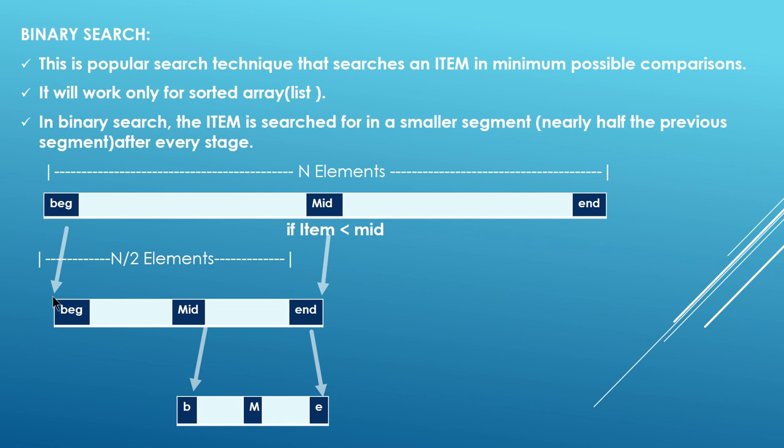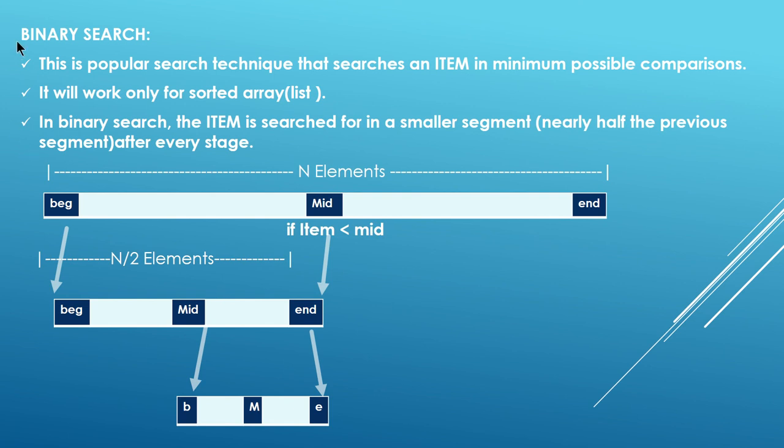So here again I will be calculating the mid element, again I will be checking the value that I am looking for with the mid element, and then if it is present in this particular half, then I will be changing the beginning. Now the new beginning is mid plus 1, that is after the mid element, whatever element is present from there to the end. Okay, so I will repeat until I find the element, or until I conclude that the element is not at all present in the list.